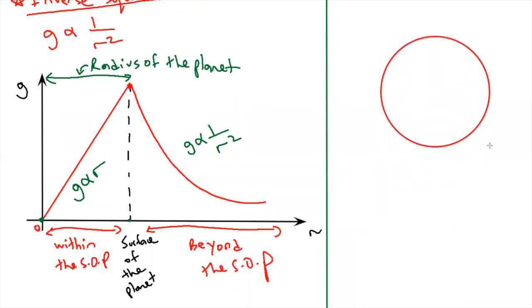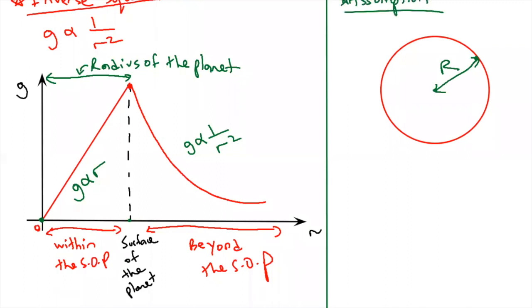This is our planet, and we have the radius. So this is the radius. Let's represent it with a capital R. Now, there are some assumptions that we're making here. This is very crucial. In A level, we make a lot of assumptions. They can even ask you in the paper, what are the